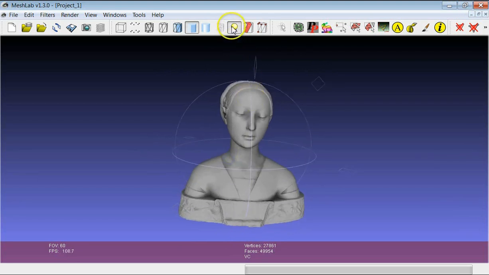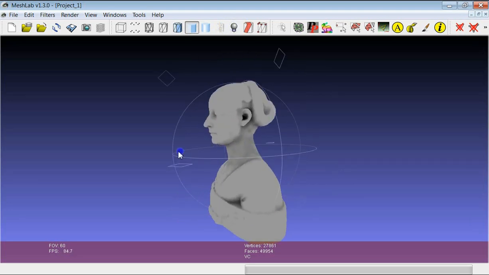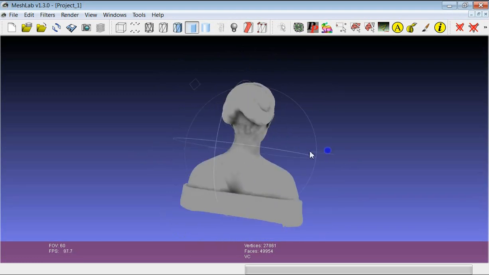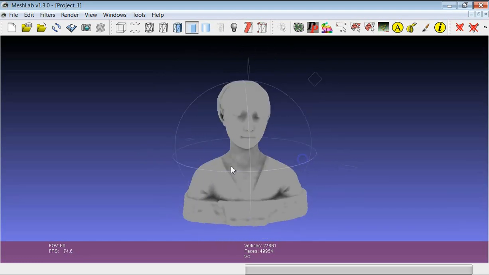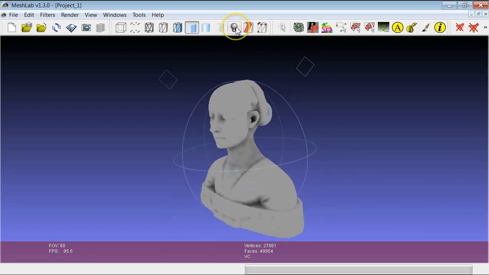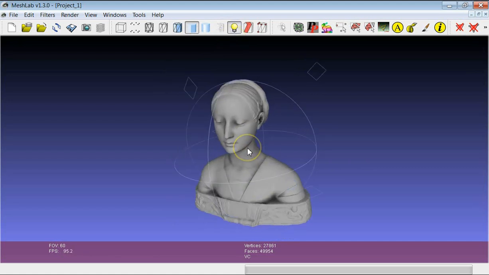At any time, if we want to, we just need to click on this button to switch off the light. So if you switch off the light, you just see the very flat model. Here you're seeing only the color per vertex, which is encoded in the geometry, but you have no effect by the lighting. So if we switch on the light again, there is an easy way to change the direction